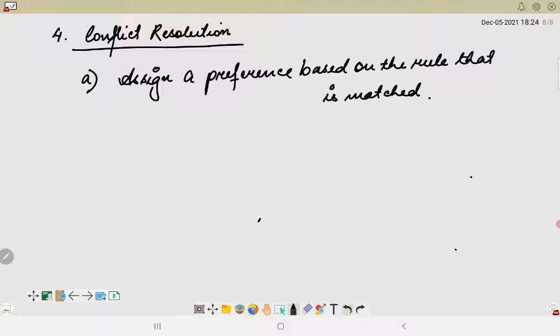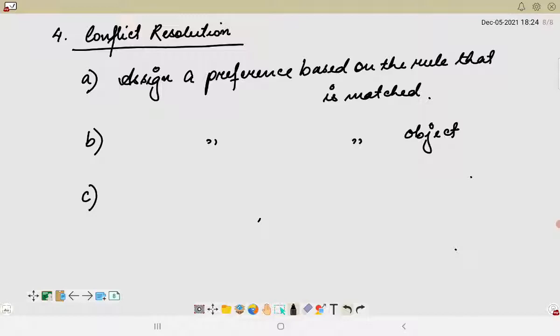So we will be assigning a preference based on the rule which is matched. Next we will be assigning a preference based on the object which is matched. So initially we have to consider the rule, then the object, and the third important matching we have to do here in conflict resolution is that we have to assign a preference based on the action that the matched rule